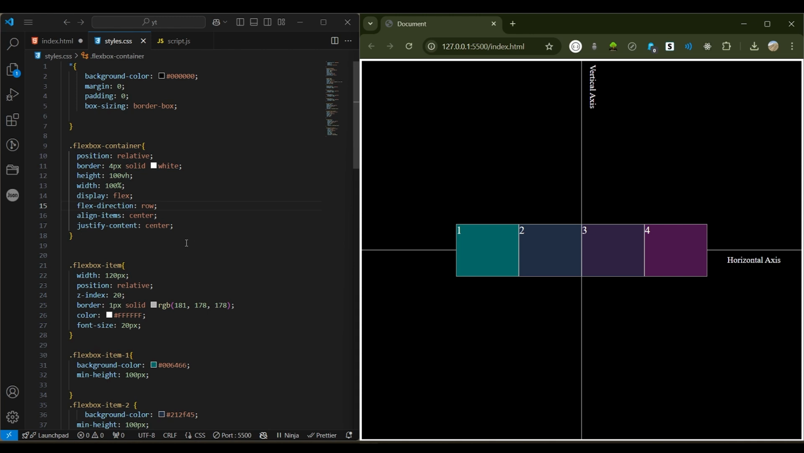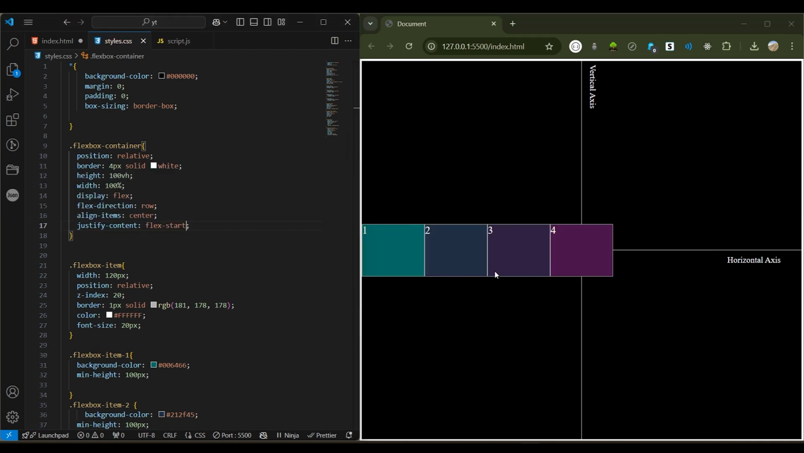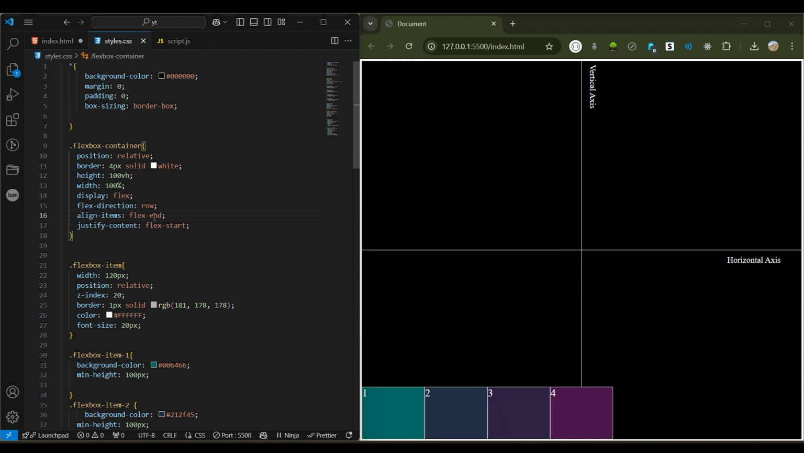If I change the value of justify-content to something else, let's say flex-start, you can see the position of these elements was changed along the horizontal axis when I changed the justify-content. But if I change the align-items, let's say flex-end, and save it, you can see now the position of the items inside the flex container was changed along the vertical axis. That indicates that the align-items property works along the cross axis and the justify-content property works